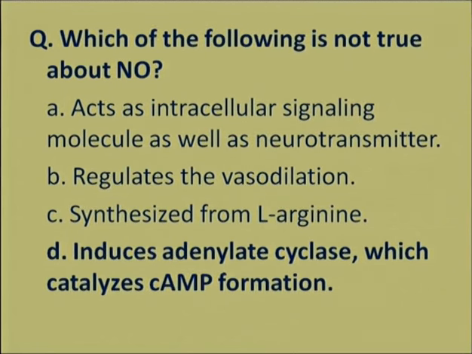First, it acts as an intracellular signaling molecule as well as a neurotransmitter, so it is correct. Secondly, it regulates vasodilation, it's correct. Synthesized from L-arginine, it's correct. The fourth, it induces adenyl cyclase which catalyzes cyclic AMP formation. This is incorrect because it does not involve that particular pathway. It will work via guanylyl cyclase and protein kinases. So option D is incorrect, and in this case is the right answer, that it is not true about